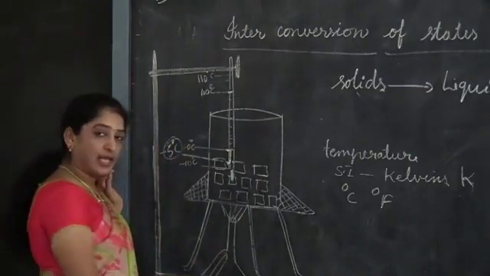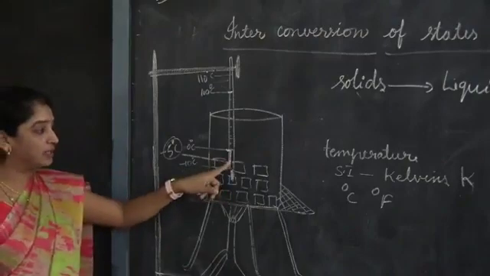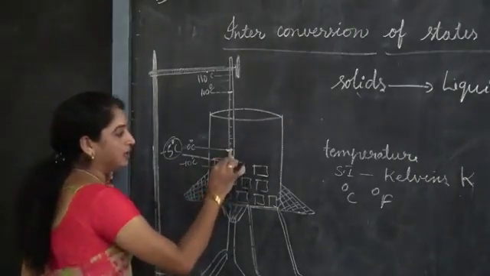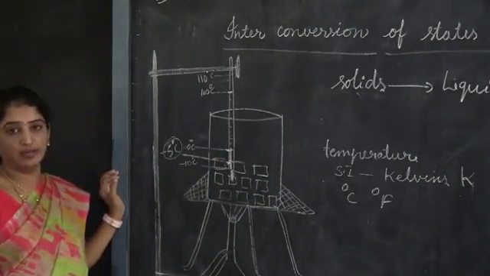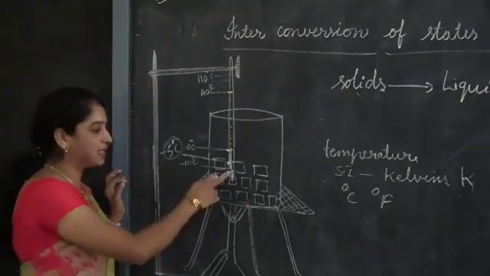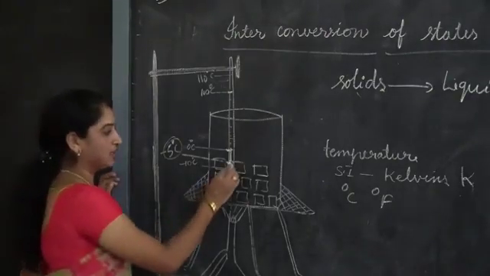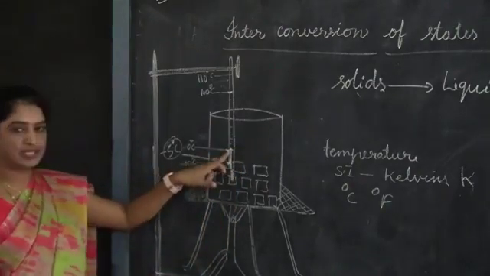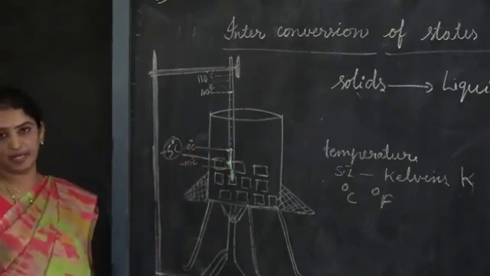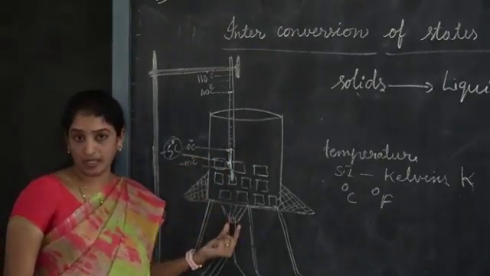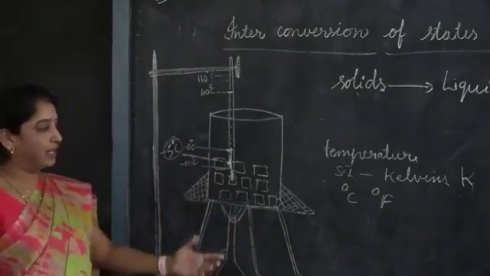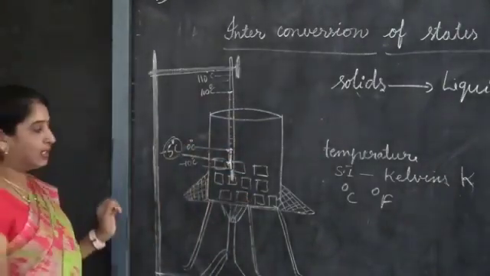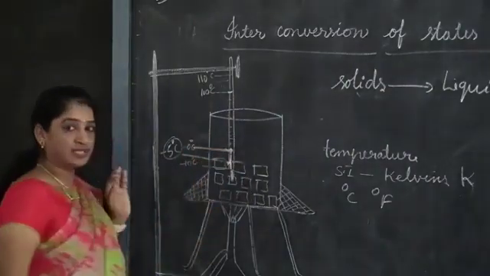When you start heating with the help of the burner, the temperature of the ice cubes slowly increases. That means you can notice in the thermometer the level of mercury or the level of alcohol which is present in the thermometer rises. So it reaches 0 degree centigrade. When it reaches 0 degree centigrade, it stops rising in temperature. But we did not stop heating. We are continuously heating, but the temperature stops. The temperature of the ice cube does not rise. It remains at 0 degrees centigrade for some time.